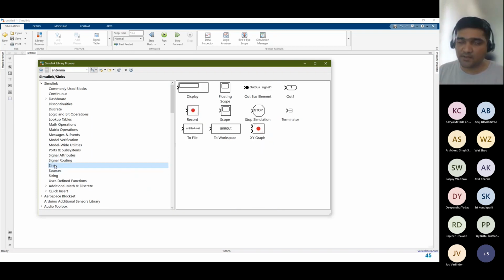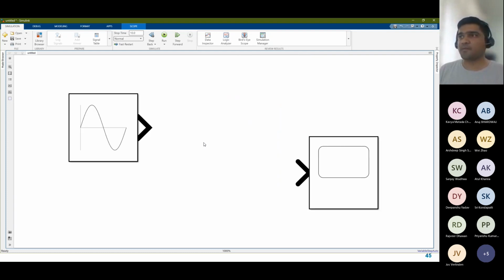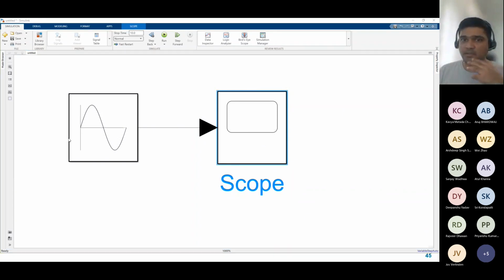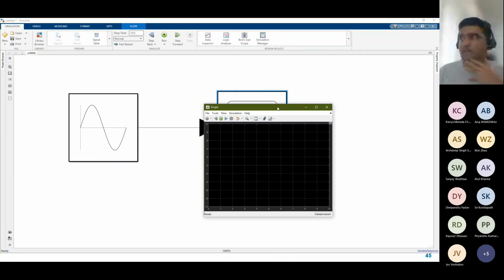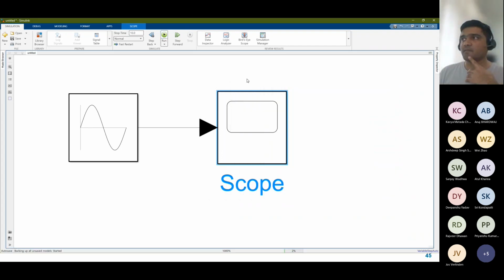If I go to the sinks section here, I'll find a scope which I can go ahead and plot as well. So if I simply join the two, I can open this up and go ahead and run this. So the scope will open up